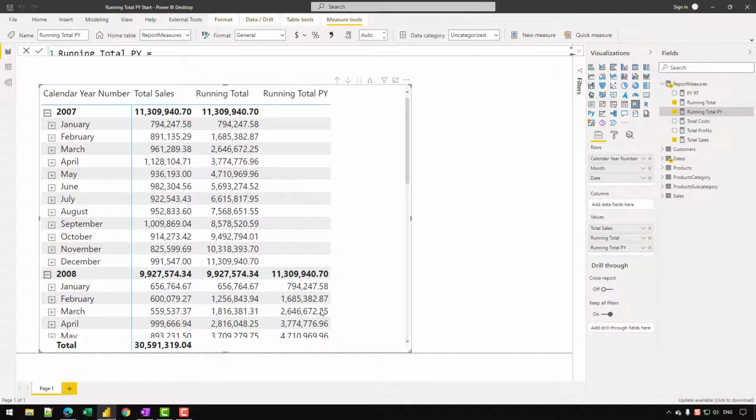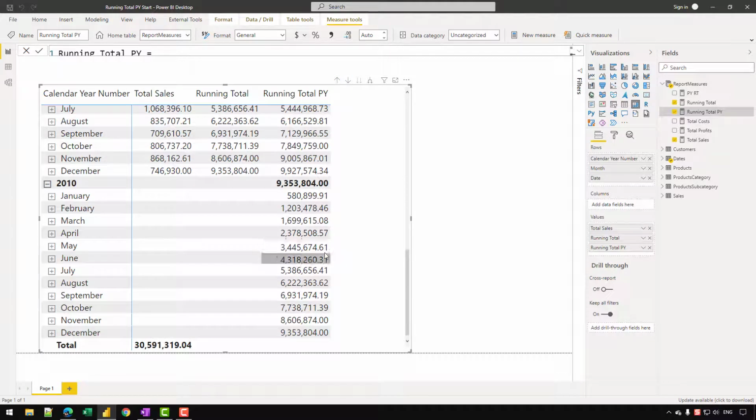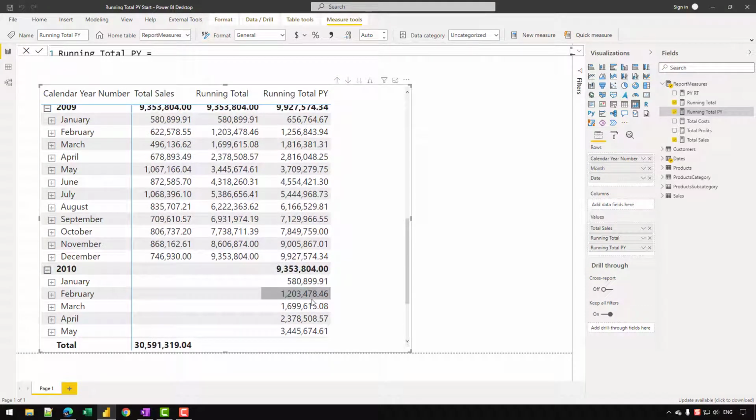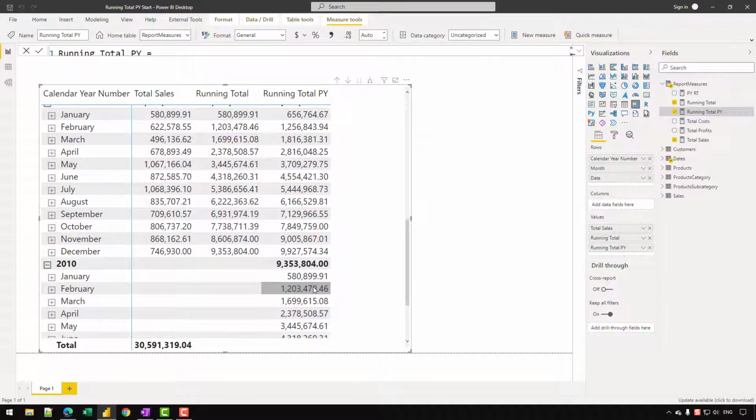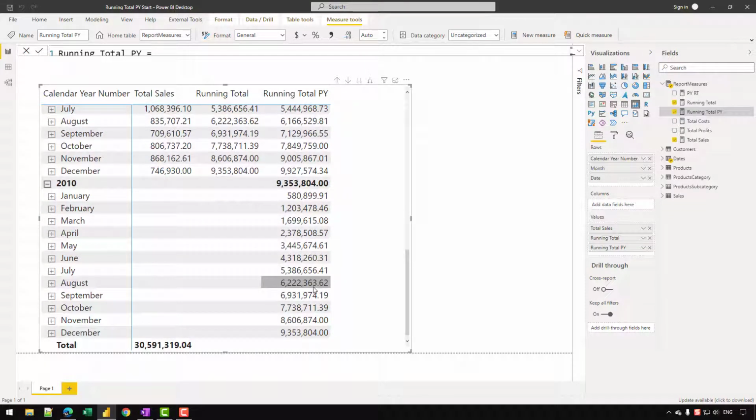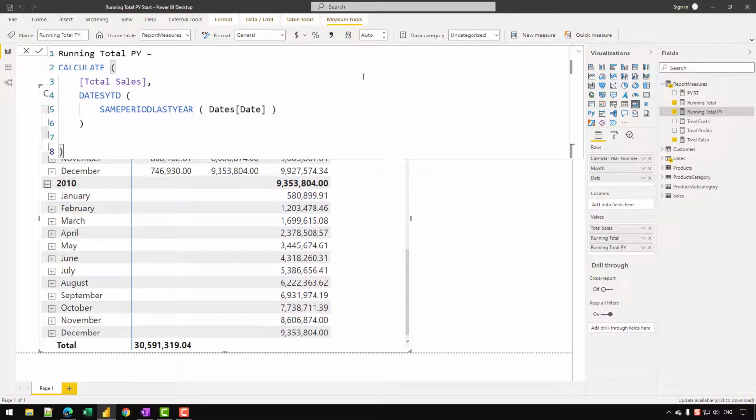You can match the values, and if I go down, you can see that we are getting the exact same result that we have already seen with the nesting of calculate function. So that was how you can create a running total as well as running total for the previous year in the current year by using two different functions, that are dates YTD and same period last year.